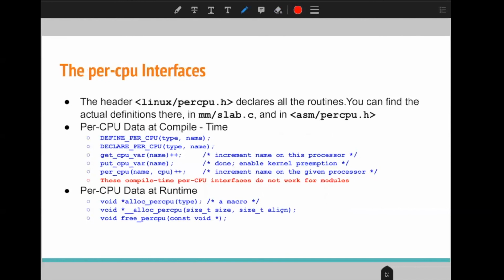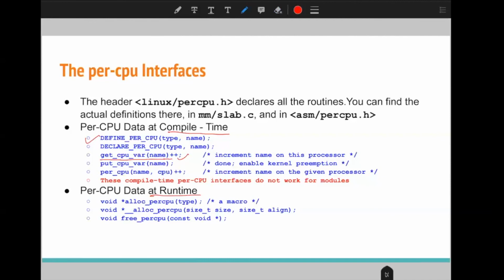So these are the interfaces that we can use at compile time and runtime. In this way, we can define a particular data type for each CPU, and then we can increment those variables with the help of get_cpu_var and then the name. So here we are incrementing this particular variable.